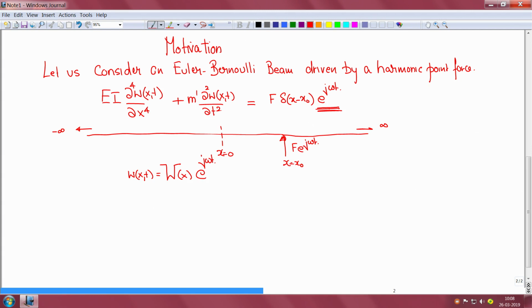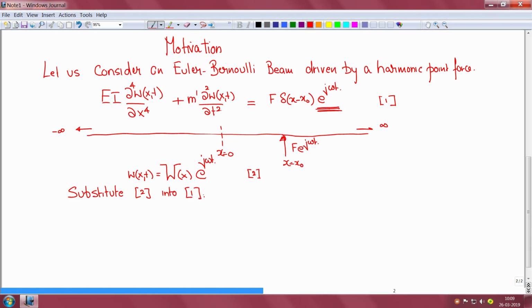Okay. We have separated the two variables. Now, if we substitute this, let me give this some number 1. If we substitute 2 into 1,